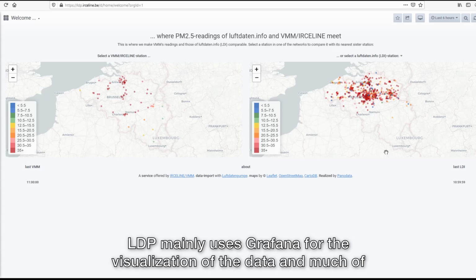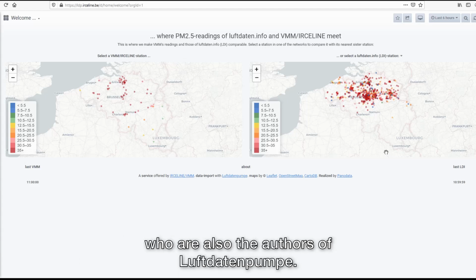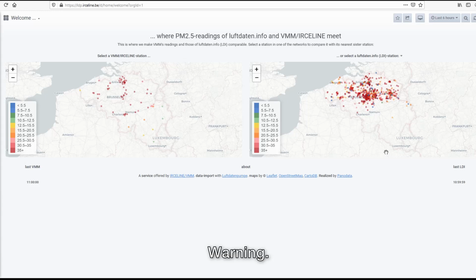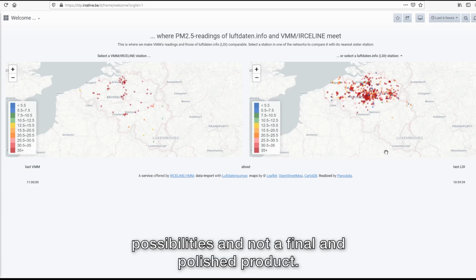LDP mainly uses Grafana for the visualization of the data, and much of the dashboards and functionality we will show were developed for us by Panodata, who are also the authors of Luftdatenpumpe. Warning: what we're about to show is to be considered as a showcase of the possibilities and not a final